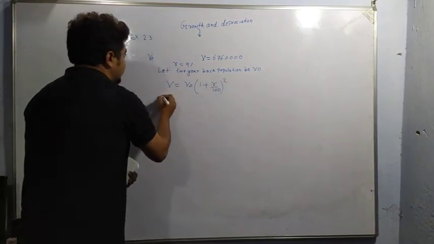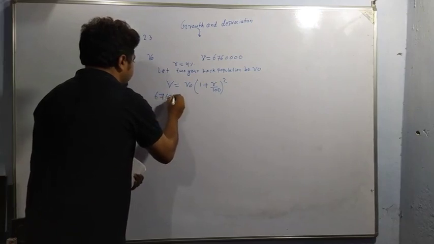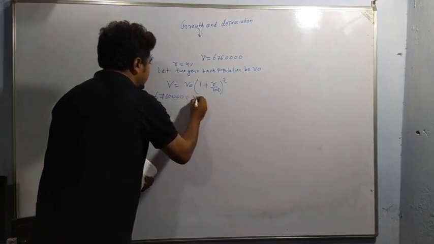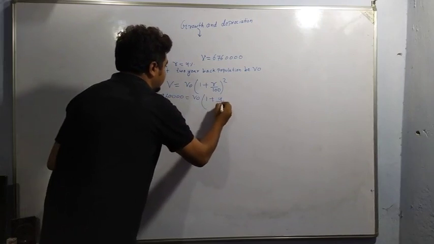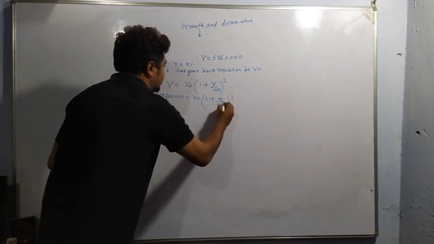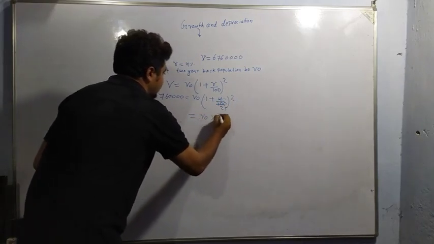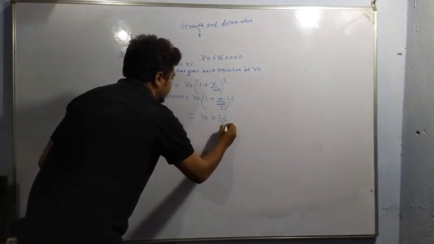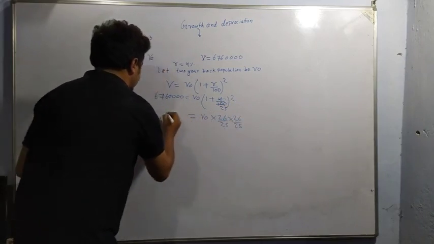So V is given to us as 676 4 zeros, and V naught into 1 plus R by 100 squared, which is 26 by 25. So V naught into 26 by 25 into 26 by 25